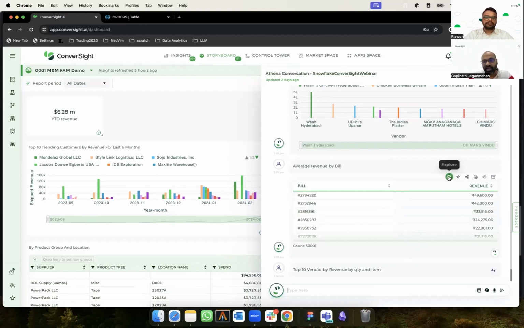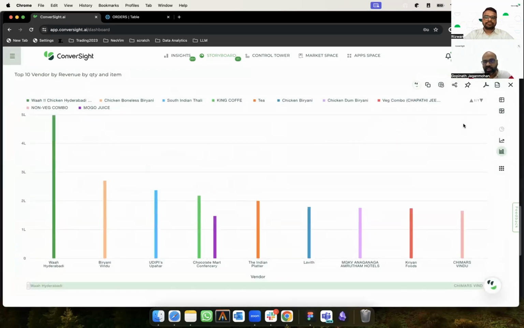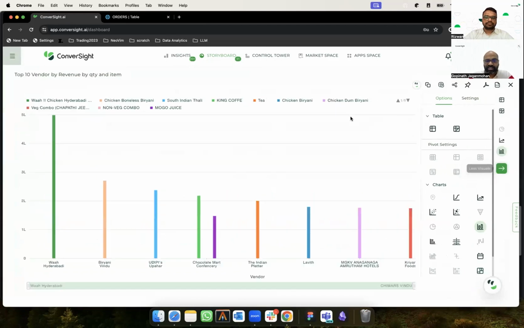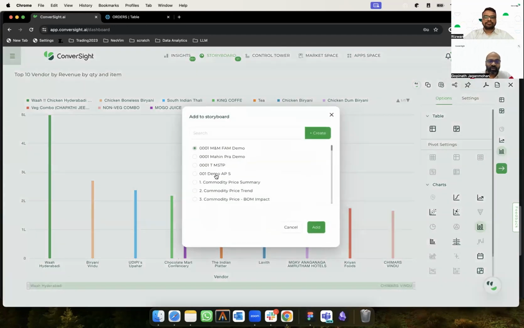Once the data comes in, you can explore it. It provides almost all functionality which you can use to explore data in various ways, right? It can be templated by pivoting everything, and there are also various charts you can use. And this can be pinned into any of the dashboards, the storyboards you have seen. So go there, create a new storyboard, ask questions, pin it, and create a storyboard so you don't have to ask next time when you come in. And then that can be shared with your colleagues and business users, and it can also be scheduled.